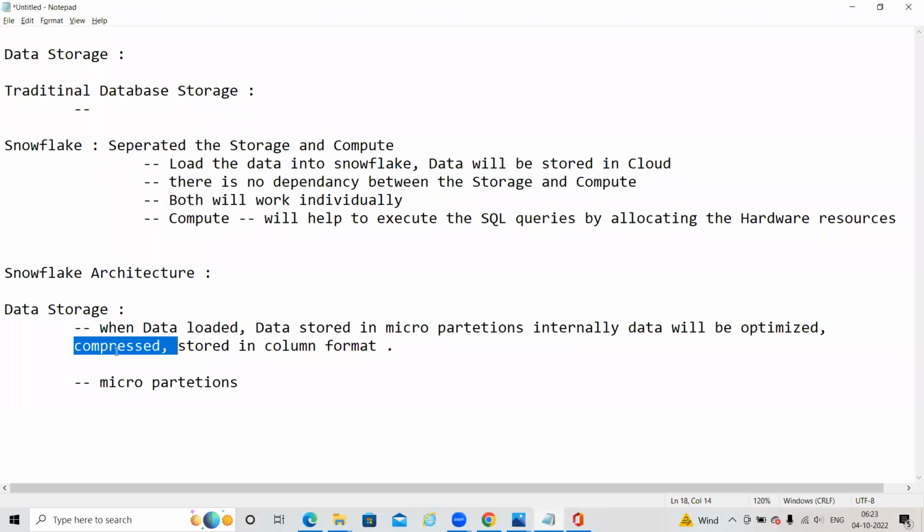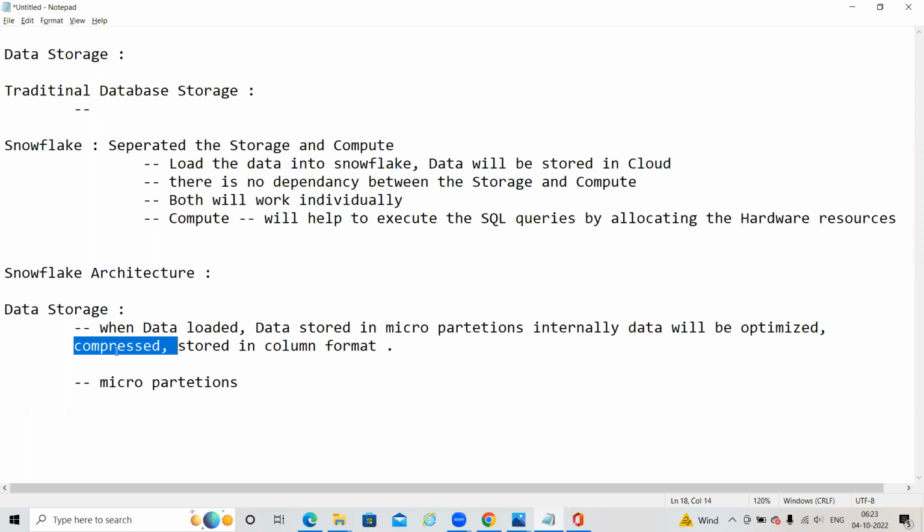What is the benefit to compress and to store the data into Snowflake? If you store the data in a compressed manner, the storage location will be occupied less than the original data you have. Based on that, the pricing and billing will happen.